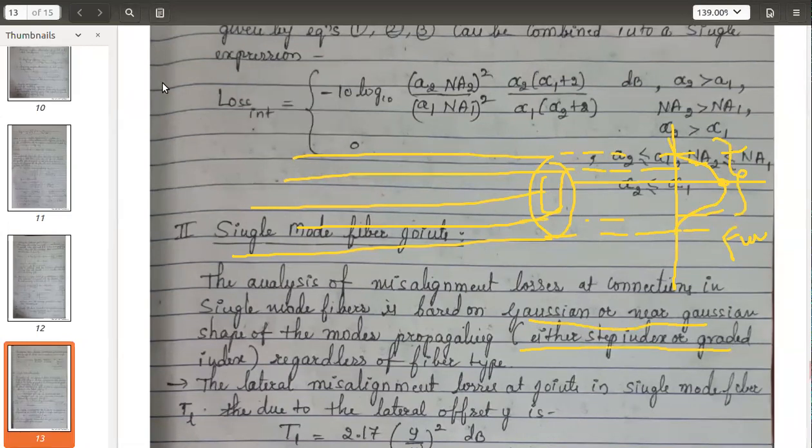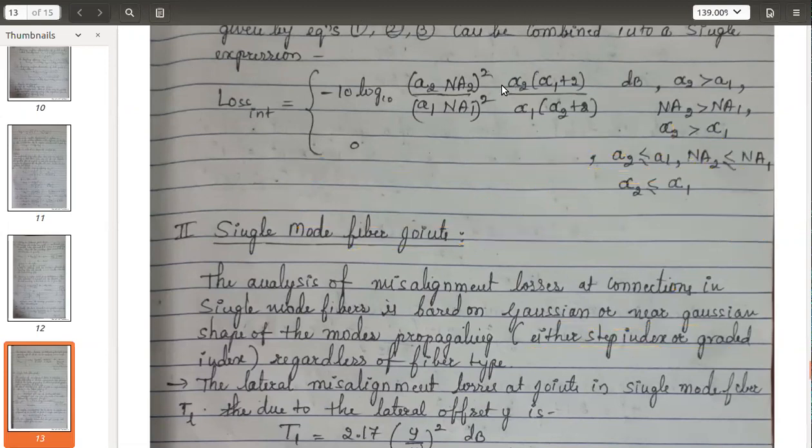So again, we need to look into the extrinsic. There are three types: lateral, longitudinal and angular misalignments. Again, longitudinal misalignment we won't be considering as the amount is very small compared to the remaining two. The severity is more for lateral and angular. Hence, we will be looking into the analysis or the equation, how to determine these losses for lateral and angular.